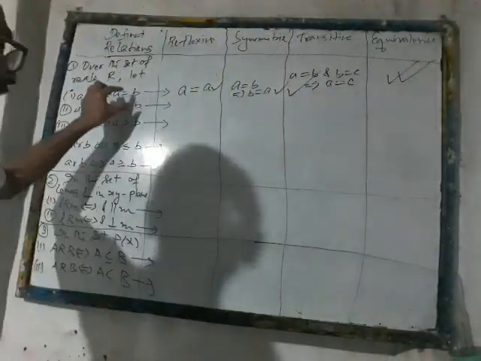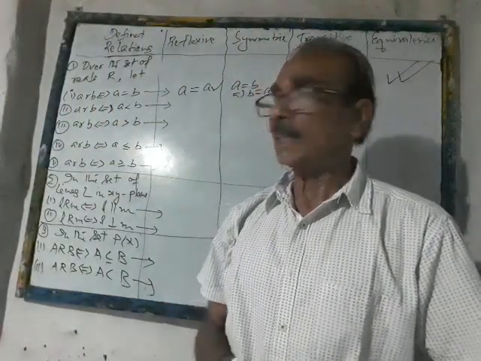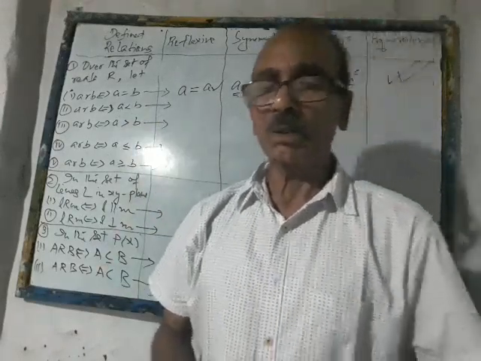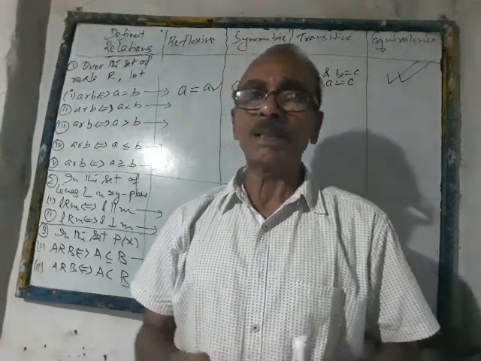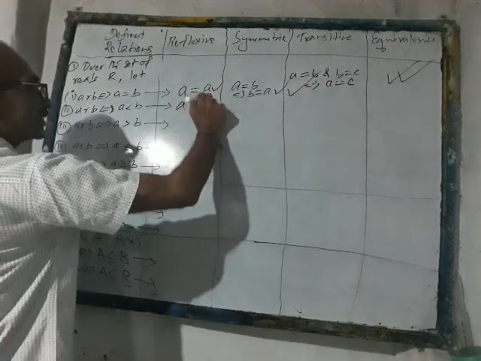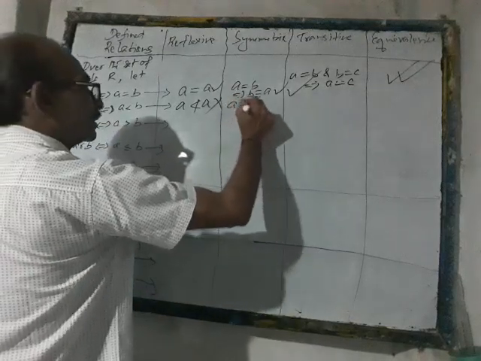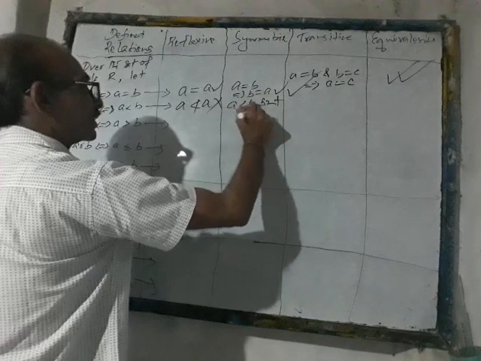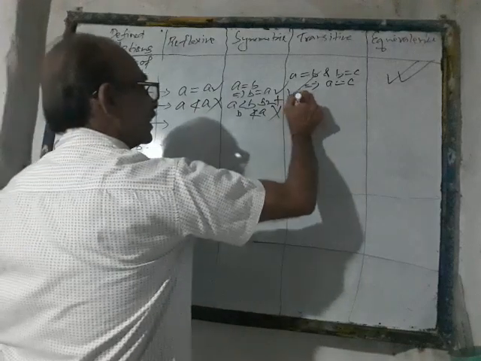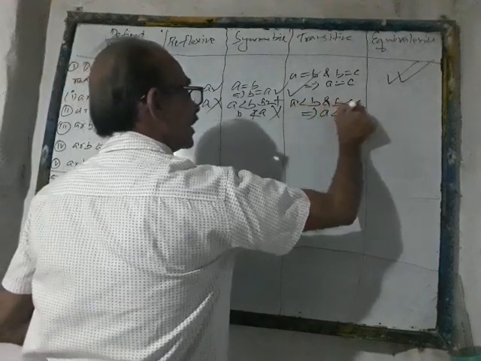Now we take the other ones, the relations of less than, greater than, etc. We know very well whether the relation of less than is reflexive or not. Can we say that a is less than a? No, it cannot be said, because no element can be less than itself. So a is not less than a, and this is not reflexive. a less than b, but b is not less than a. So this is also not symmetric. What about transitivity? Yes, a less than b and b less than c undoubtedly implies that a is less than c.